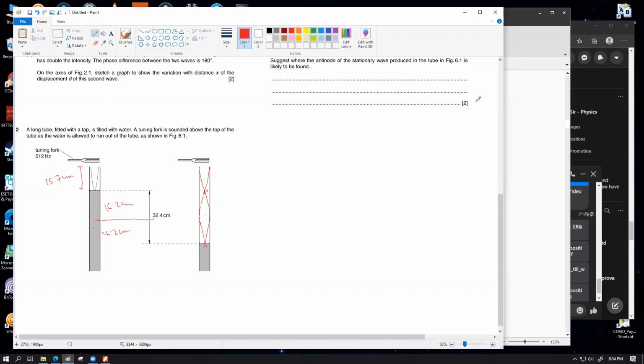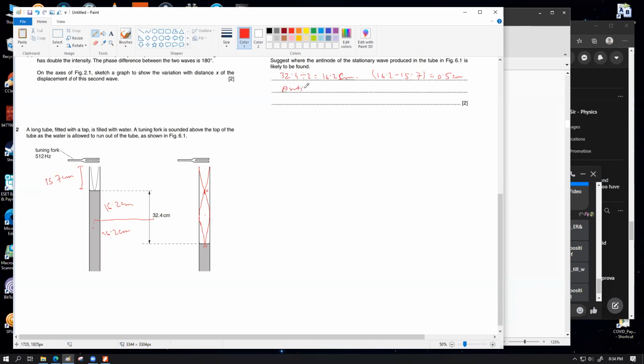So because there are two marks over here, what I want you to do is just show the examiner that you know your thing. So let's say 32.4 divided by 2 equals 16.2 centimeter. And you can also show that 60.2 minus 15.7. How much does this give you? 0.5 centimeter? Yes, 0.5 centimeter. So show them this calculation in one line, and then you can write